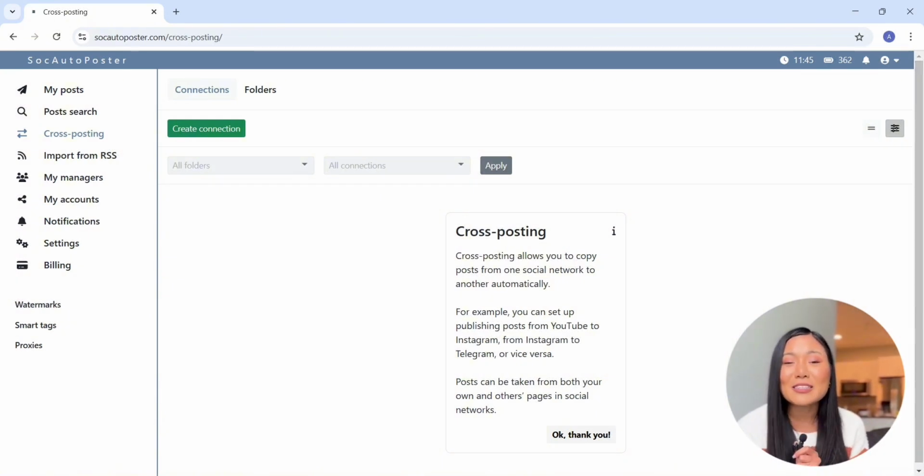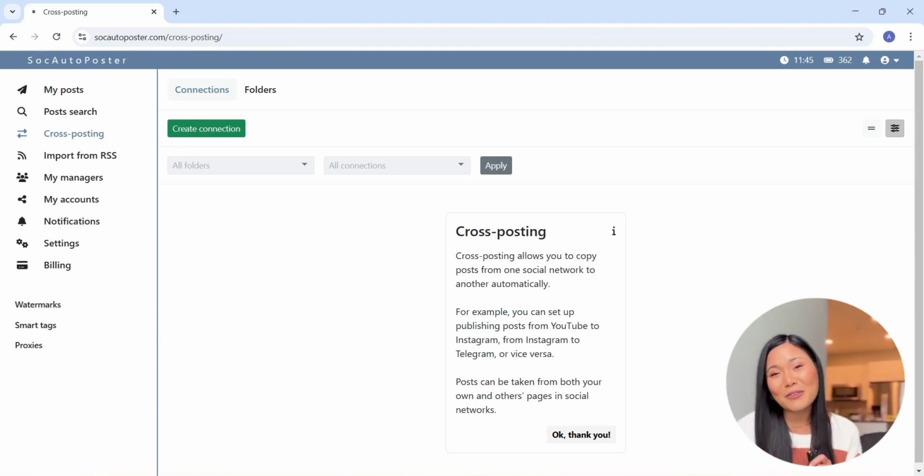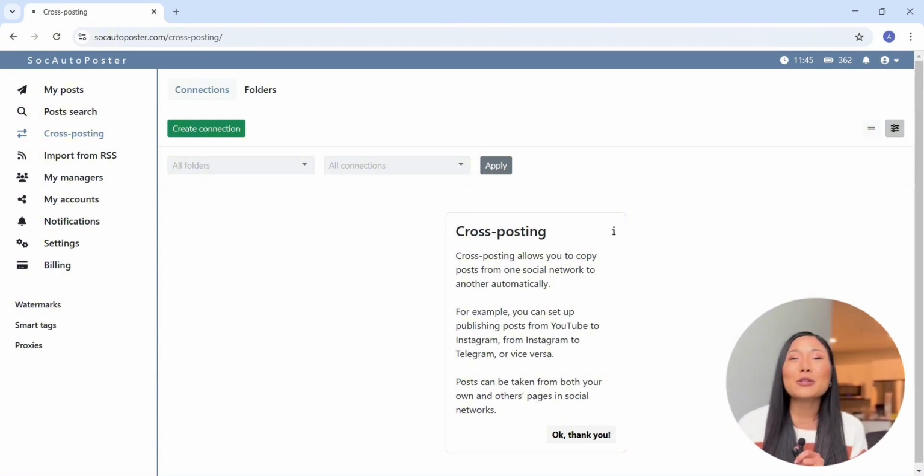Why do you need this? Some people want to automate the publishing of posts. For example, you have a lot of different groups in different social media, but you wanted to lead one. This is one of the cases. You want to maintain one social network, but have it pick up posts from it and publish to all your other social networks. This is why you need cross-posting. For example, you post to Instagram, so Poster takes the post from there and posts it to your other social